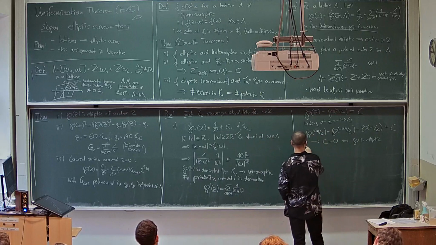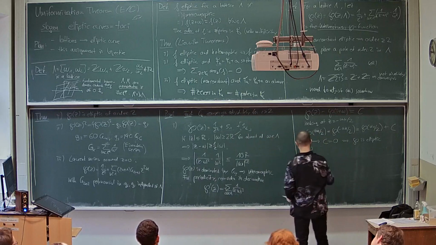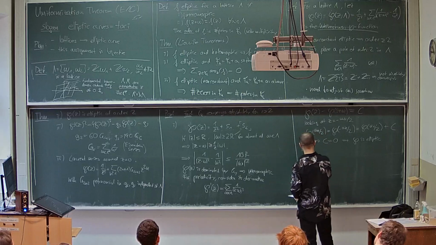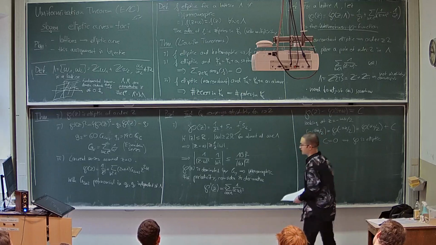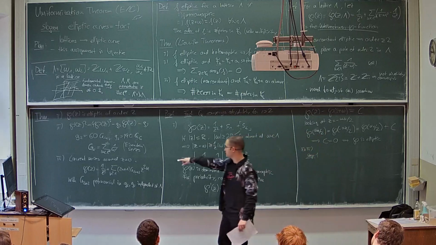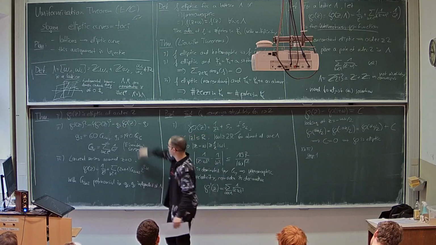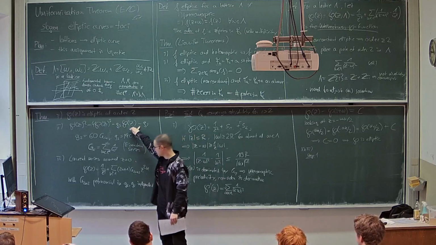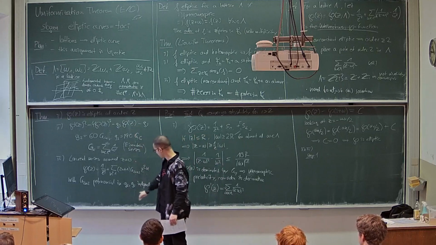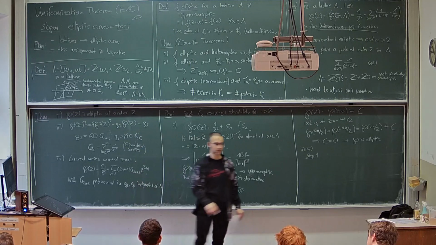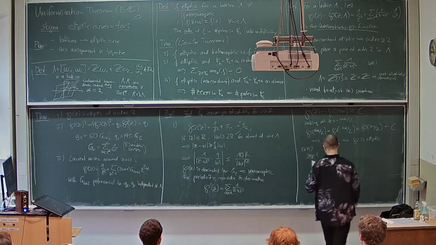And now for 2 and 3, as I mentioned, we will prove them together in 3 steps. So the first step is to establish that the Weierstrass P function has a Laurent series of this form. Then to show this form gives us this differential equation, and then finally using this differential equation that the coefficients here are in fact independent of the lattice. So for step 1,